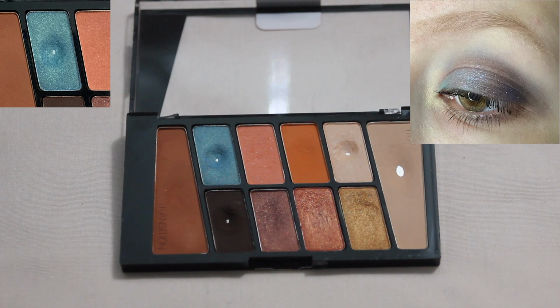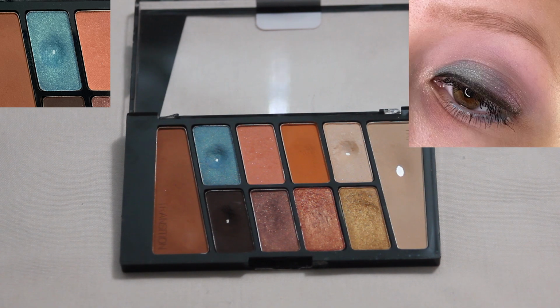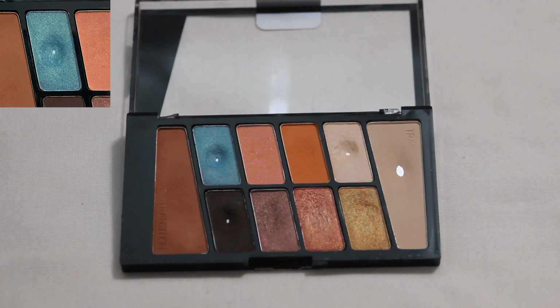I have had this palette for years, honestly, and that is probably my favorite shade within this palette, so I knew that this was going to be a shade that I hit pan on, and it took me 7 uses, which, if I'm being honest, was more than I thought it was going to take me, but still not too many, so didn't have a problem with that. I had a lot of fun using the shade. It's not the most impactful shade, but it did pair really nicely with a couple of duochrome toppers that I